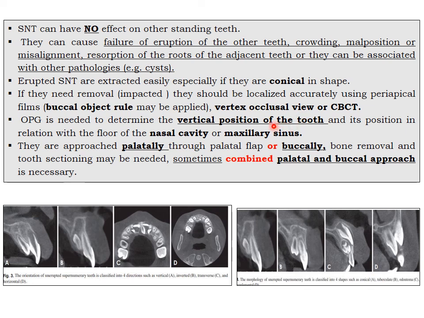These two images are a cone beam CT. This is a vertical impression. There is an inverted one, and in this area there are a lot of supernumerary teeth in the transverse section, studying the relation of the supernumerary teeth to the nasal cavity or to the maxillary